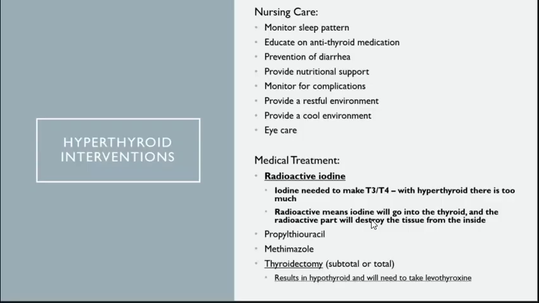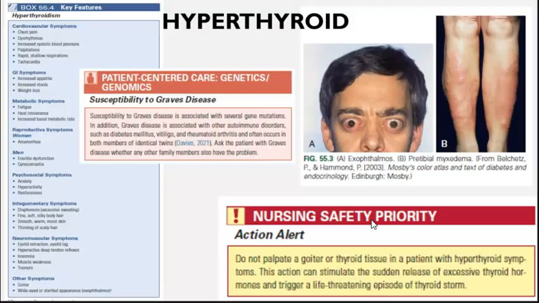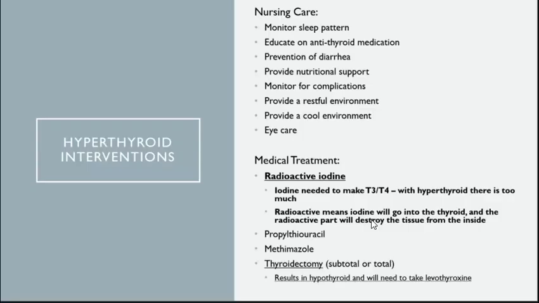PTU and methimazole are more daily medication. And then your thyroidectomy, if you take the thyroid out, you're not making thyroid hormones, it'll be lifelong treatment with levothyroxine. Another caveat to this is don't forget your parathyroid is on the back of that thyroid gland. So if you remove that thyroid gland, you can still keep your parathyroid, but the electrical components of it may not be working at first. So you might see your patient go into a calcium issue.